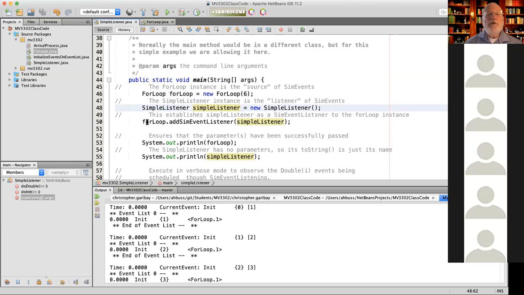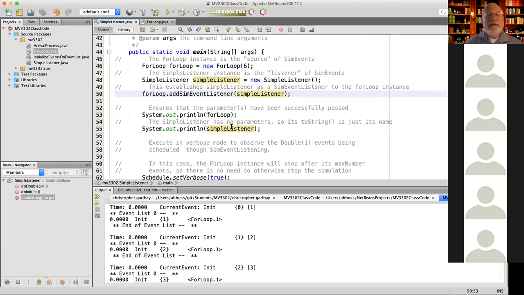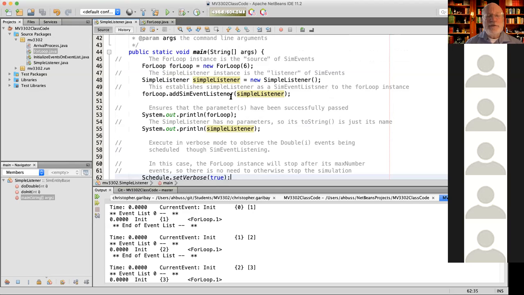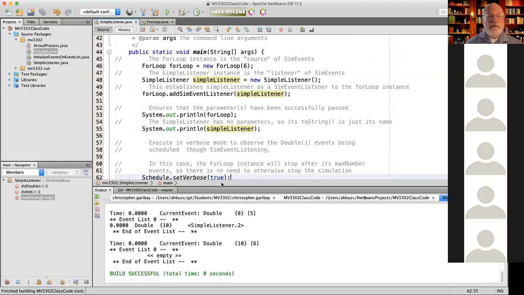And then here's where you hook up the SimEventListening. I sometimes get a little confused with it myself. You say addSimEventListener to the source, and then pass it the listener. So in this case, the source is the for loop, you addSimEventListener, and then pass it the simple listener. Then again, just to show what you get with the print lines here. We don't need to artificially stop it because the for loop is going to just end things. So when we run that,